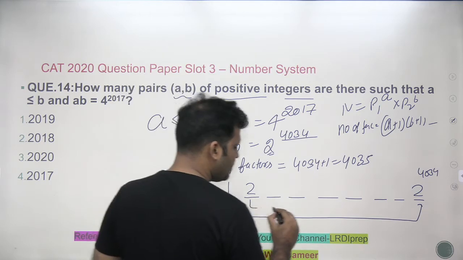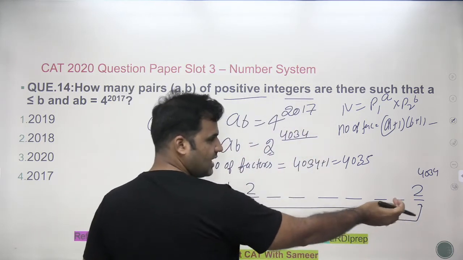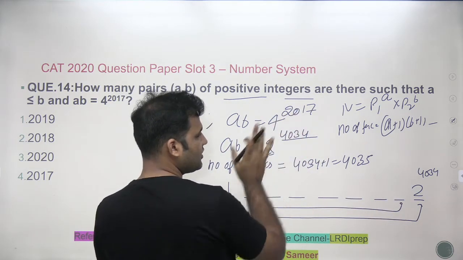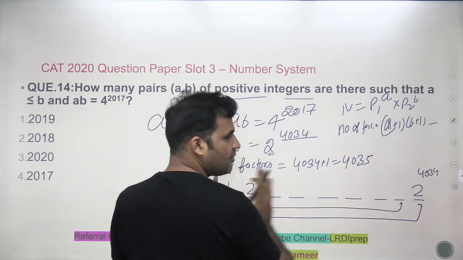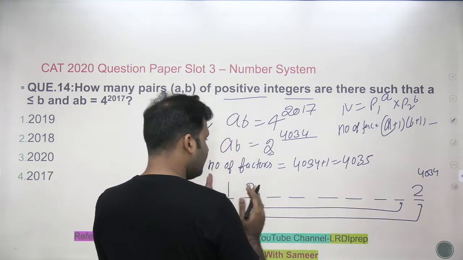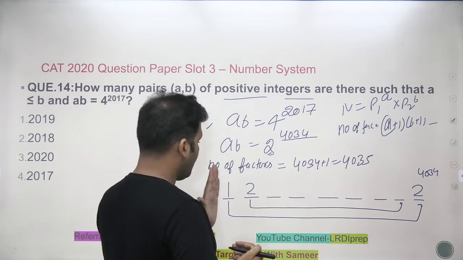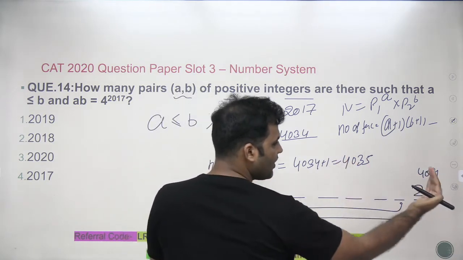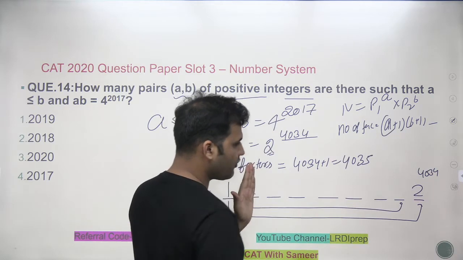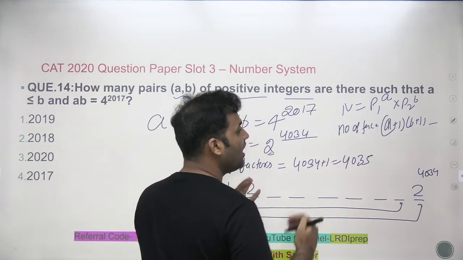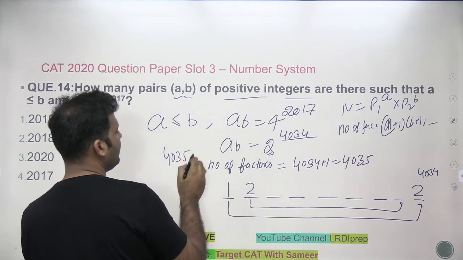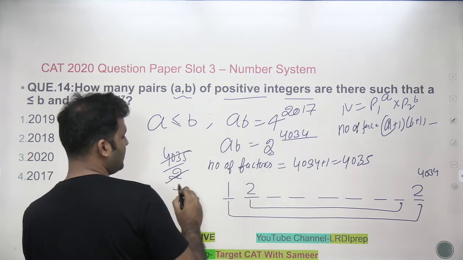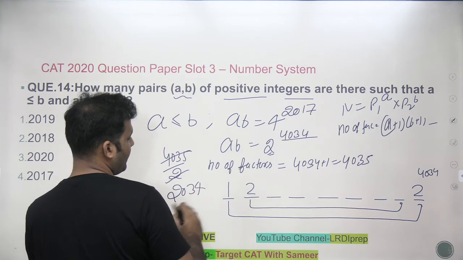Okay, 2 into the second smallest factor, the second largest and second smallest will also give me this number. So see that if a total of 4035 numbers are written, and you are making pairs of one number from this side and one number from this side, then the next number from this side and the next number from this side, how many pairs would be possible? The total number of pairs that you will be able to make will be 2034, right?